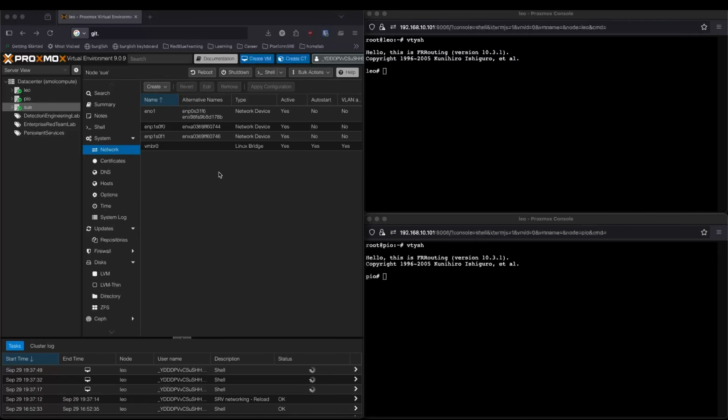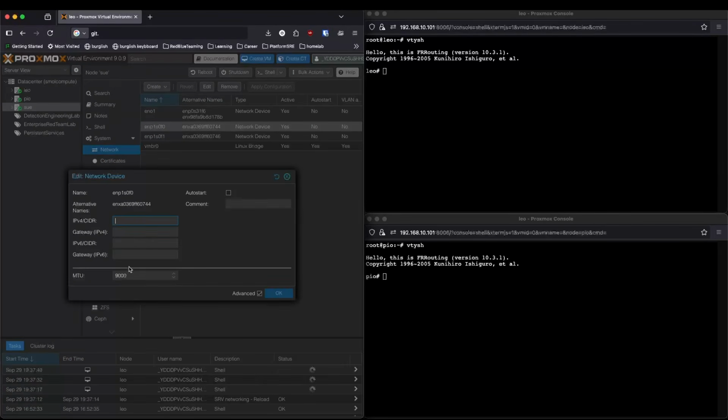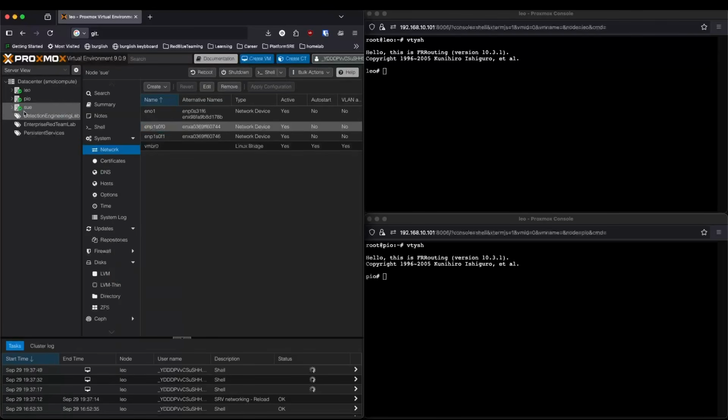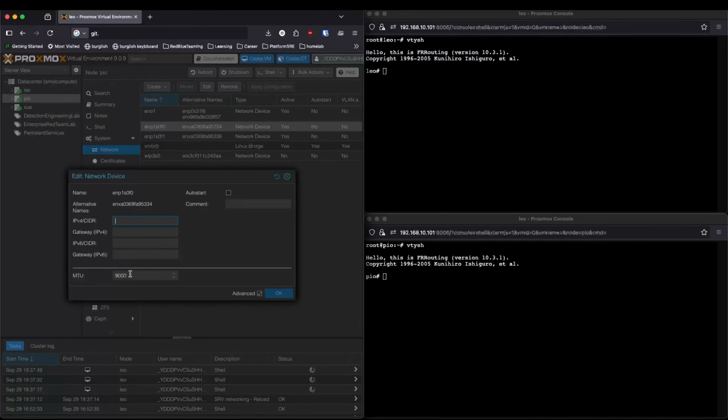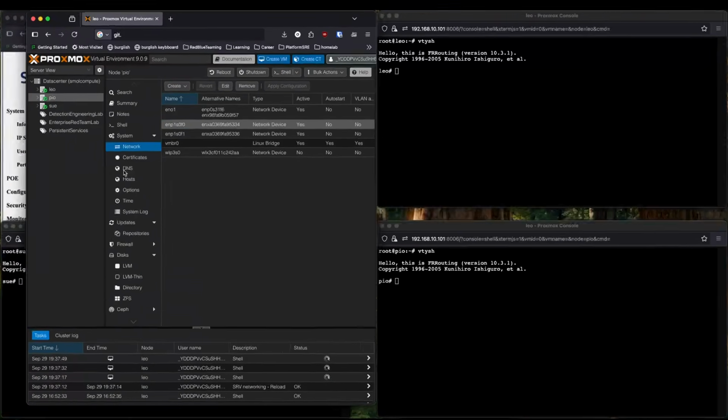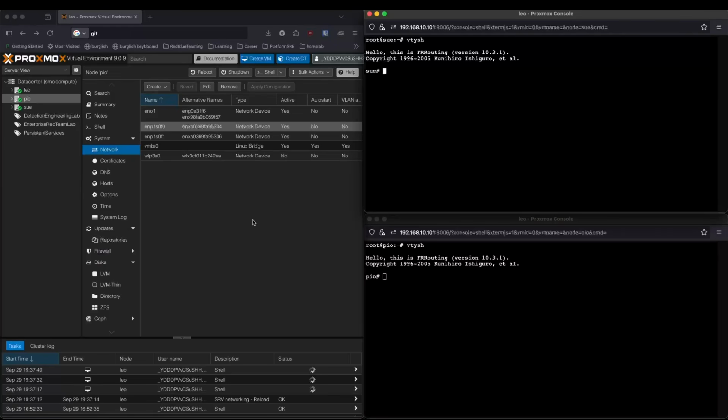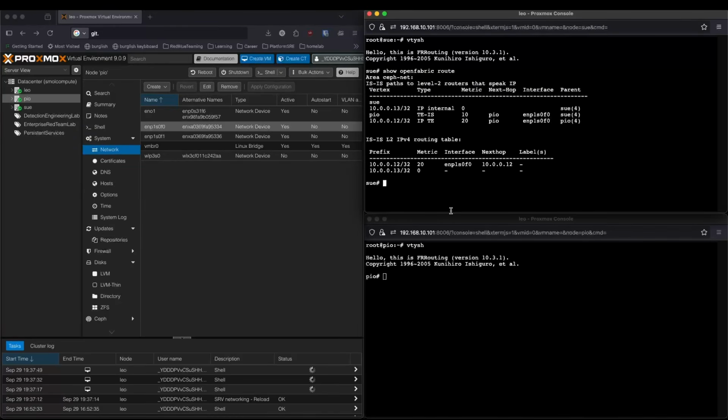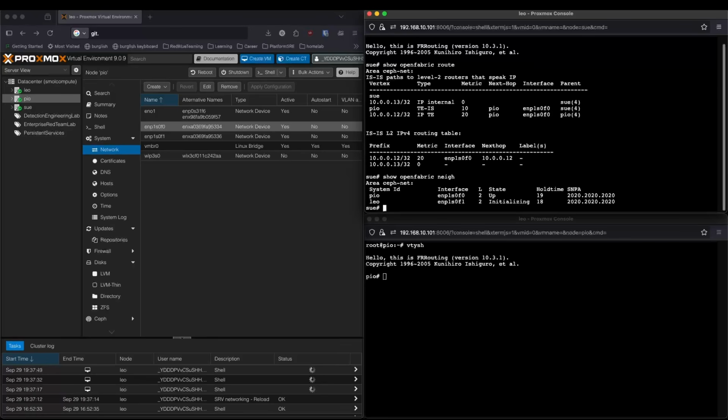So here, what I have now is MTU of 9000 on the node SU, and also the same MTU of 9000 on PO node. So between two of those, if we do show OpenFabric Route, we should be able to see that these two nodes are routing properly. The PO, if we do OpenFabric neighbor, we can see that